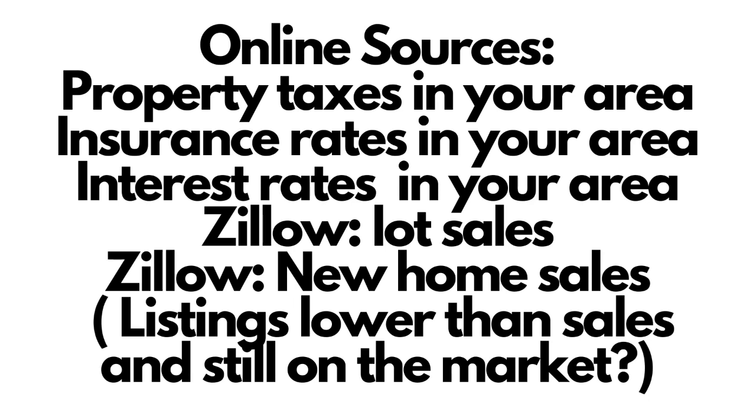Zillow is great for historical data because a lot of things have been posted, and if you don't have access to the MLS, Zillow is the next best thing, honestly. So you can find out for lot sales. You can find out if listings are lower than recent or older sales, so you can see the trends in the marketplace. Maybe higher, maybe lower, but that's part of determining the trend. Same thing with new home sales. Some of those will show up, and so again, are the listings changing? Are they lower or higher than what they'd recently sold for?